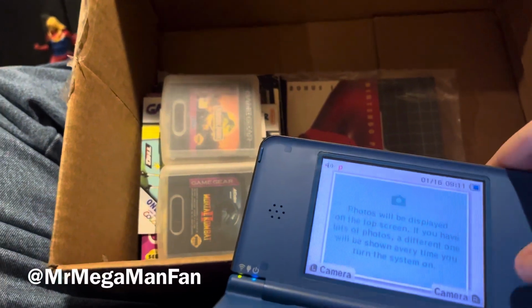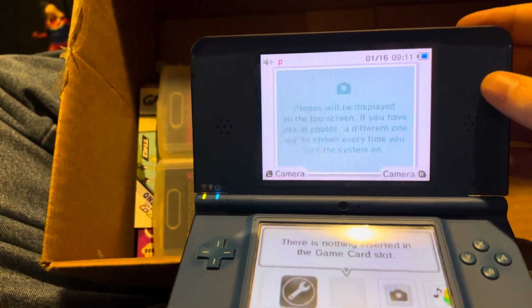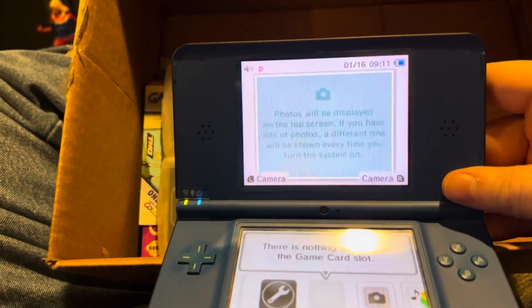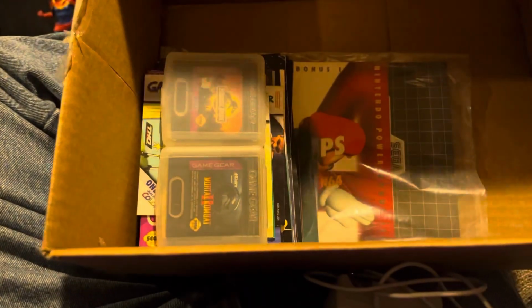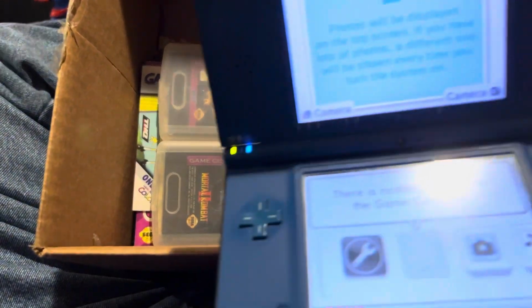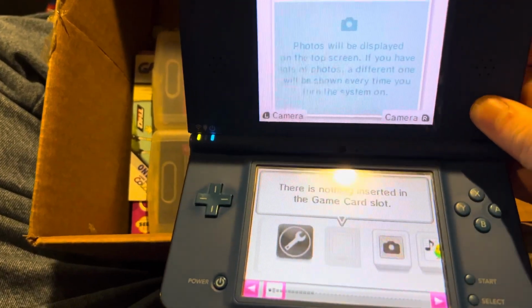But for this week's Retro Hunting Adventures, I have to say, oops, I did it again. Remember that video where I spent $125 in one day? Well, this time, I spent $225, but I think you'll agree I got a pretty good deal when I go through everything. This came from a friend who was trying to clear out some of his collection, had some stuff